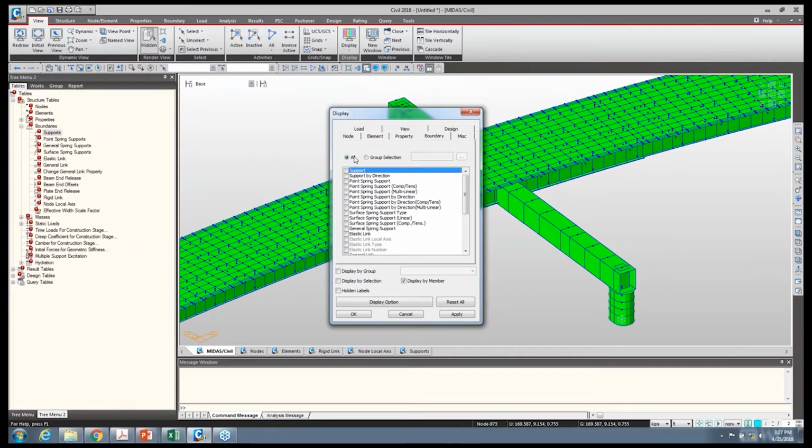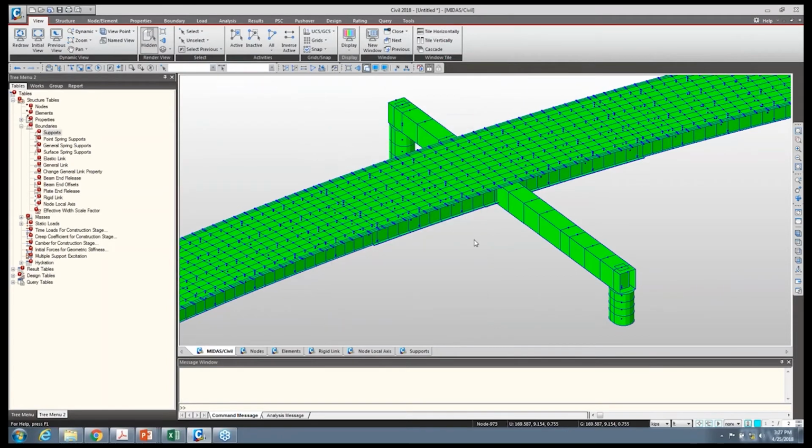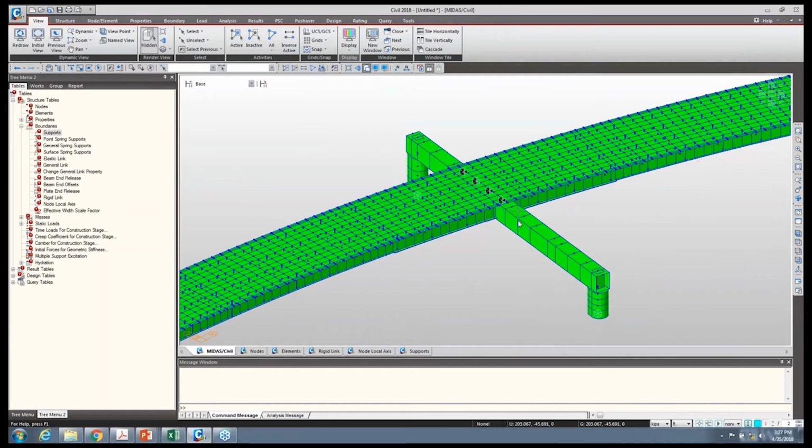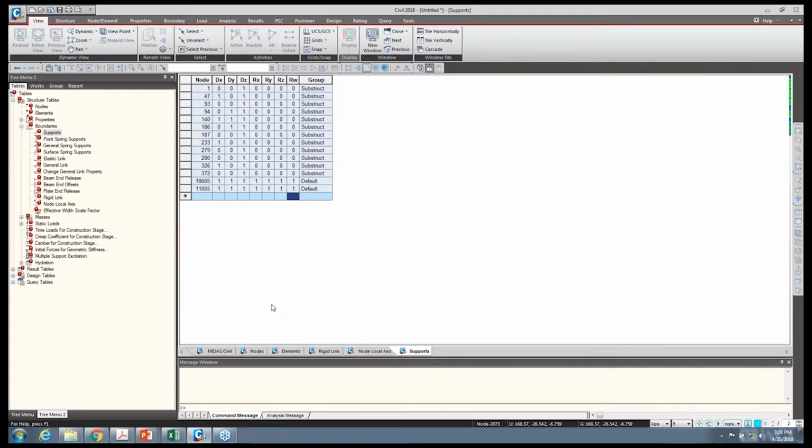When working with construction stage analysis and live load analysis, especially when modeling the deck as a plate, this process can take a little bit of time. So in order to do that, I've actually already run a model, and I'm going to open that up right now. And while that's opening up, we'll discuss